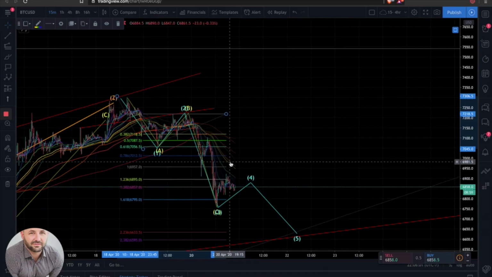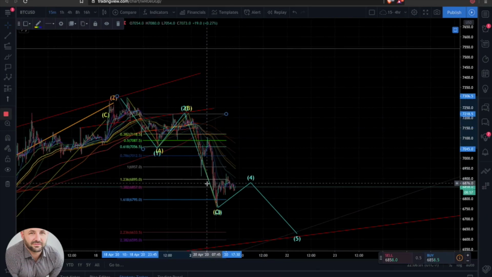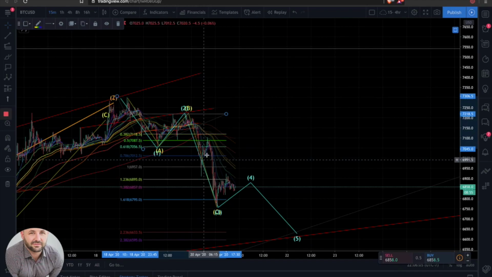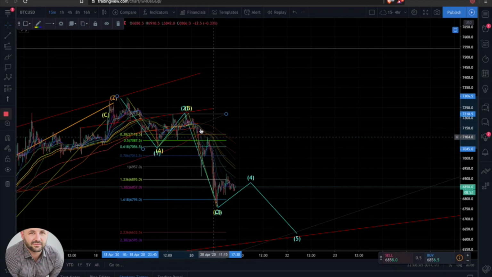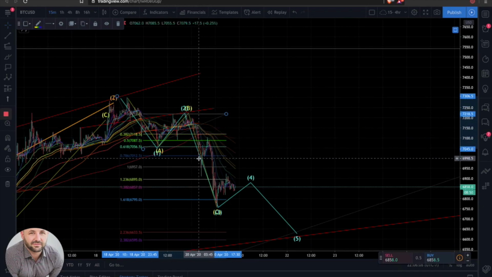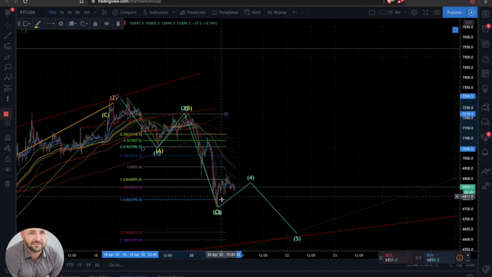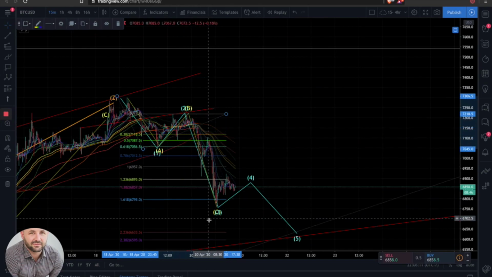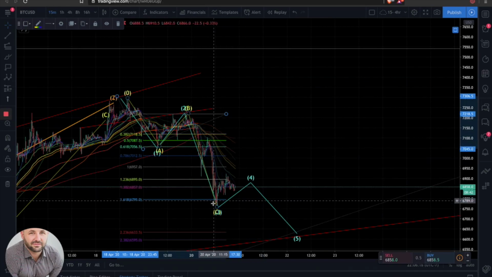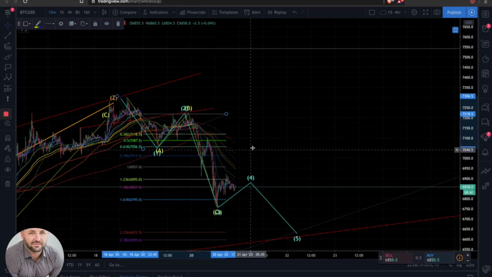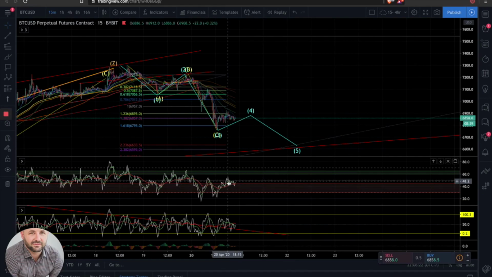Depending on the wave structure for what I'm looking at, it could be somewhat argued that on the smaller time frame we'd have to look, but we need to have a wave 1 appear. So it'd be a 1, 2, 3, 4, and a 5, finish off a 3-wave move inside of the wave 3, or a 5-wave move inside the wave 3, come back up for the 4th, and then pretty similar to ETH, look how high RSI reset on this particular move. We do have the divergence that we like to look for on the 4th wave,